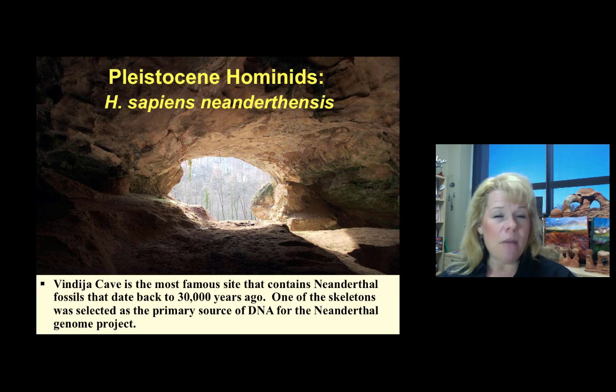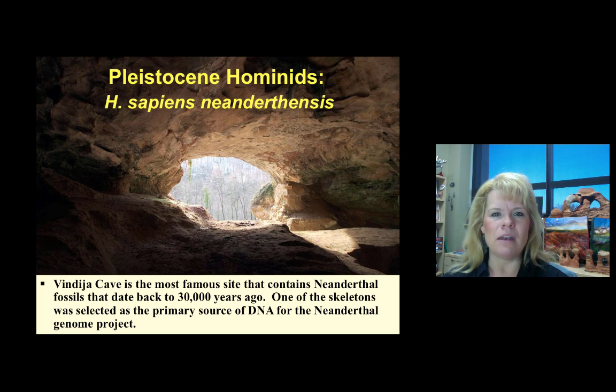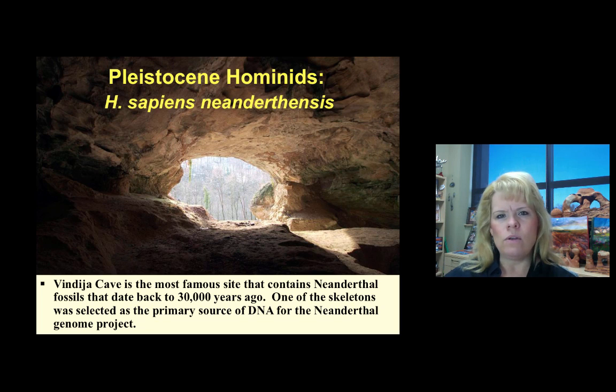We know that a number of Neanderthals have been found in the Vindija cave, and this is a very important location because it contains the Neanderthal fossils that were actually used in the human genome process, where they did a genome sequencing of the entire Neanderthal gene sequence. And those fossils came from here and are about 30,000 years old. So these are the youngest Neanderthal fossils we have found, and they have given us so much insight into this particular species of Homo sapiens.